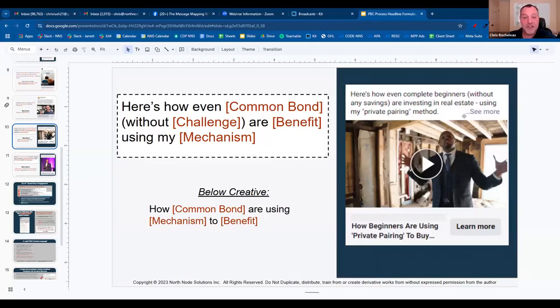I'll translate each of these really quick for you. The traditional ads most advertisers would do here, they'd say, if you're a complete beginner in real estate, or are you a beginner in real estate? Are you a beginner looking to learn to invest in real estate? Question mark. And then you're talking directly to them, and everyone's like, oh, this is an ad. They're trying to sell me something. But when you say it like this, it's like, oh, this is interesting.